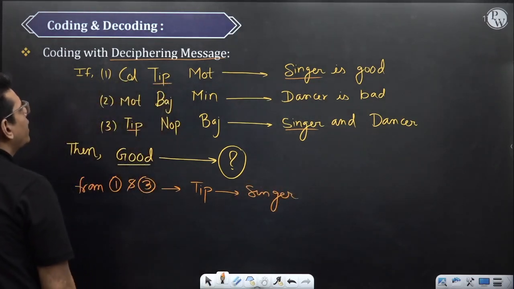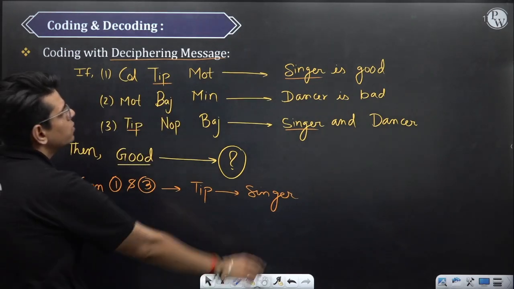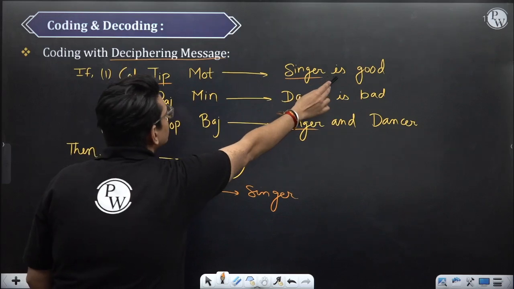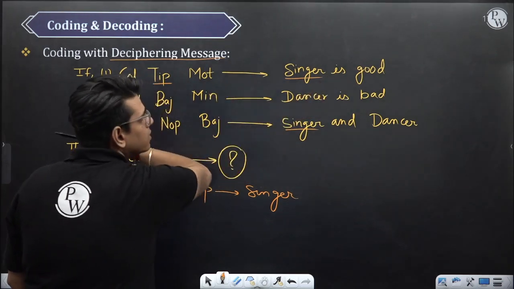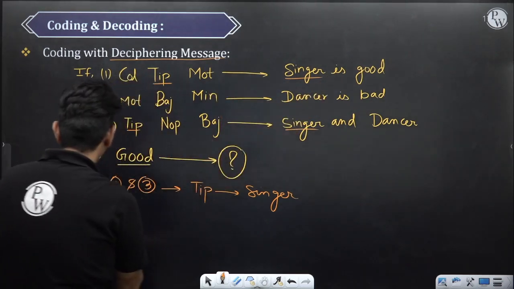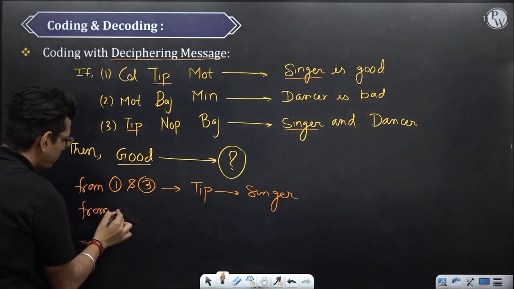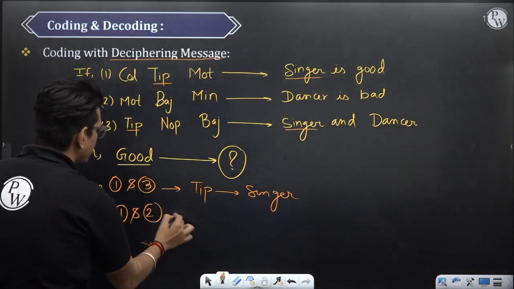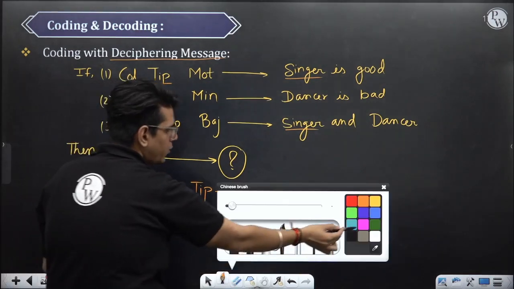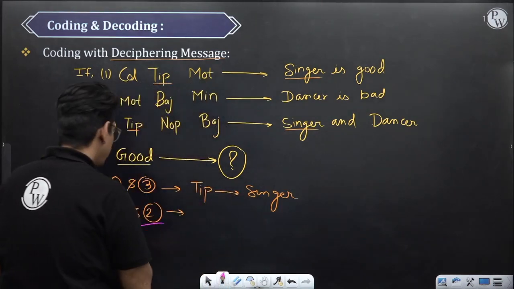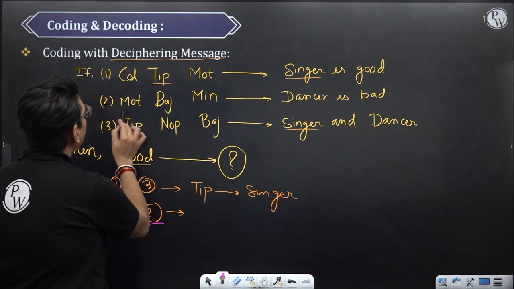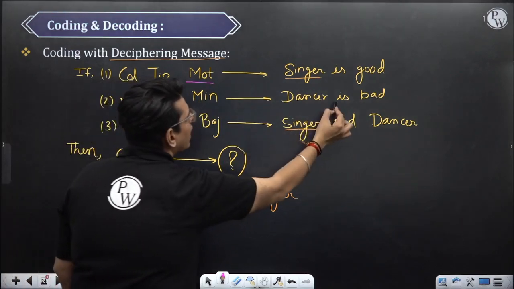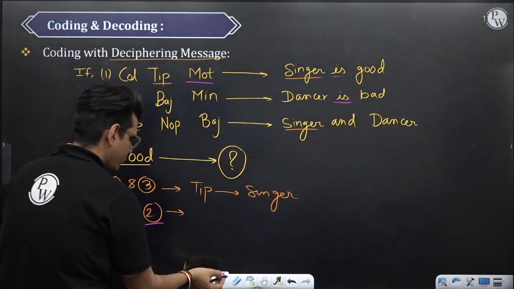Now I need to find the thing which is good. Okay, if I know what is, I will find this. So from 1 and 2, what is common? From 1 and 2, I have mod common, and here I have is common. So mod